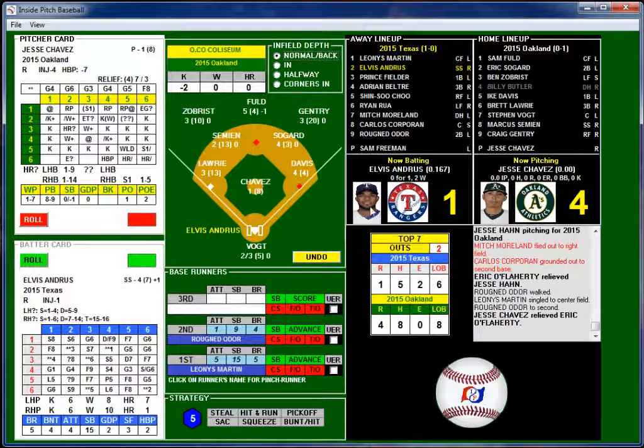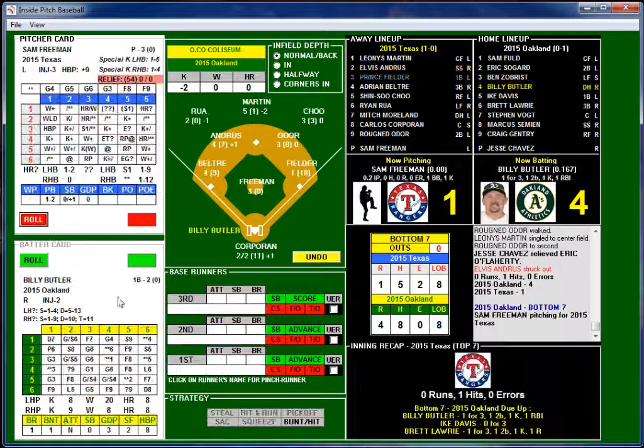And notice I had already got the players' photos because I knew who I was based upon the real life, who was going to actually come in the game. So I was trying to get all their player photos. So he's coming in now to face a couple, Elvis, Fielder, and Beltre. Hopefully just Elvis here with first and second, 2 outs. Another big situation for Texas. They've had plenty of opportunities. All right, Jesse Chavez with the 6-4 and gets Elvis.